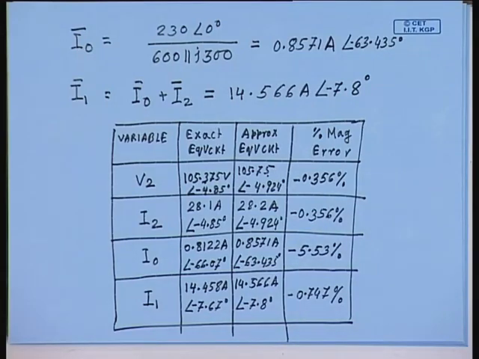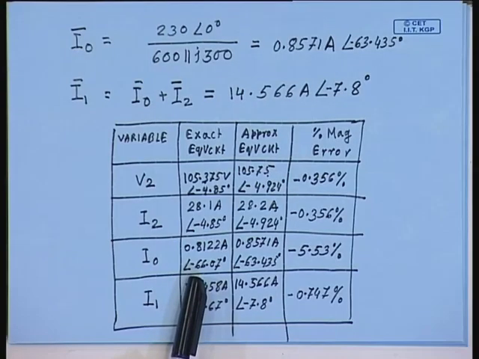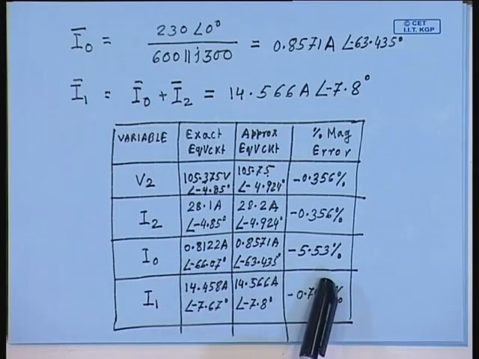Now, we have already seen how much simplification in computation can be achieved if this approximate equivalent circuit is used, and this table shows the kind of accuracy that we can expect. We see that in most cases the percentage error is less than even 0.5%, except in the value of the magnetization current. The magnetization current itself is less than 5% of the rated current. That is why this value comes slightly higher, but even then that is close to 5%. Hence, for all practical purposes